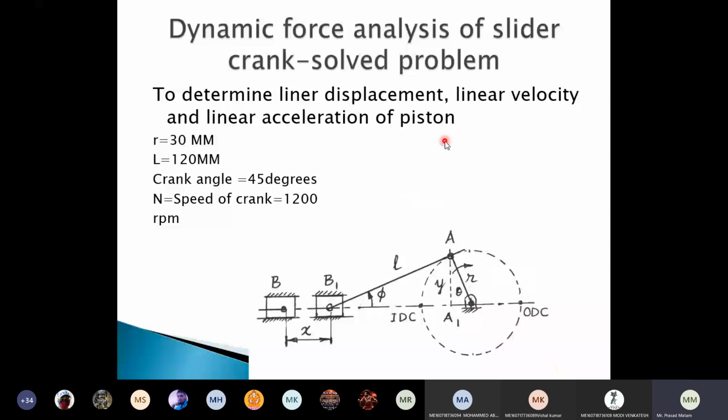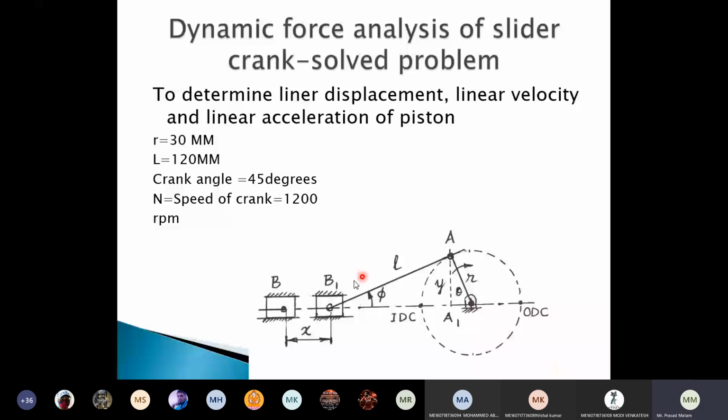So this is the given data. R is the crank radius, 30 mm. You can see here, this is the R, the crank radius. Here the crank is rotating in a circular path like this. Now this is the initial position of the piston. When you apply force, the piston slides like this. The piston is moving along the line of stroke. As the piston slides, the connecting rod will move in this direction, and the crank will rotate like this.